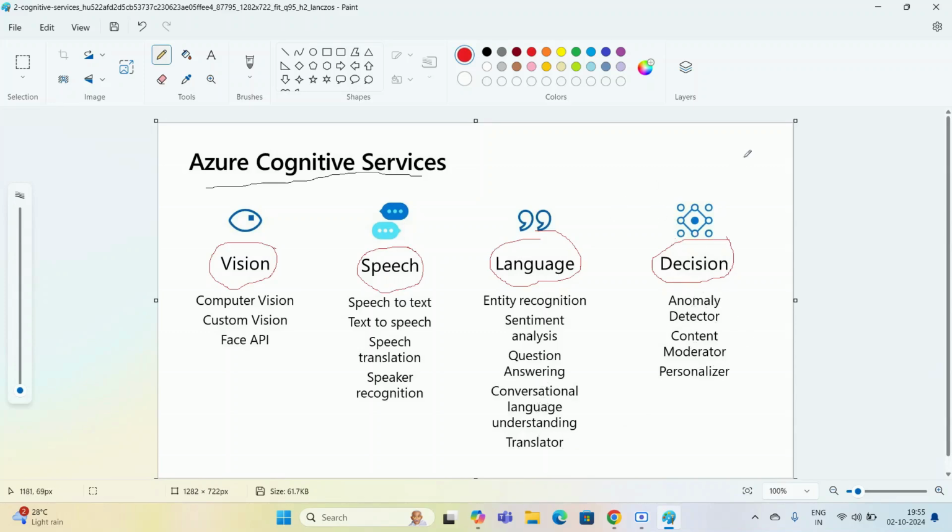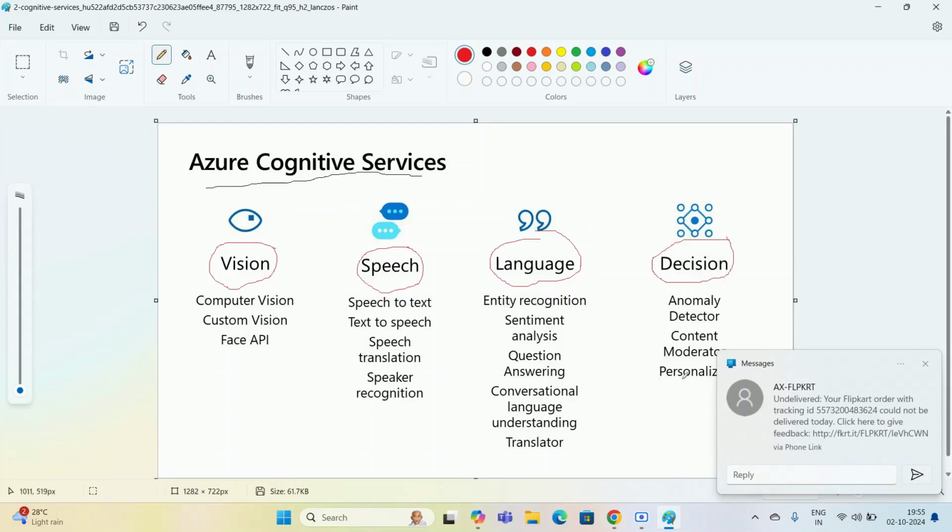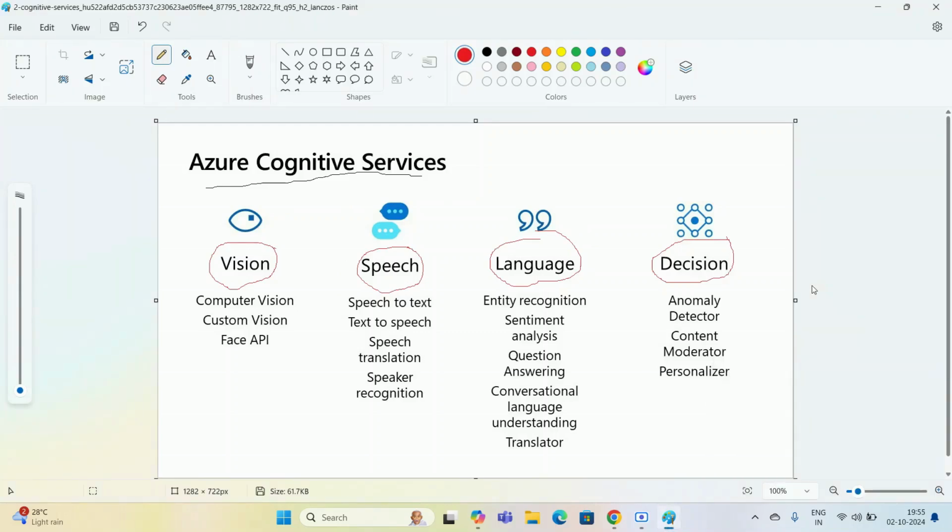This is the AI service. A little bit I'll describe what computer vision and speech services are. A computer cannot understand, speak, or see things by itself, so you have to make the computer understand. For that, vision service and speech service came.